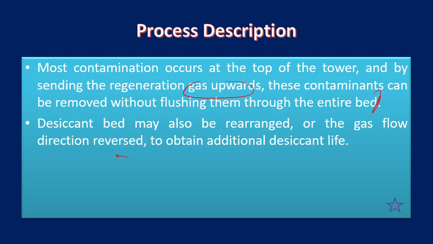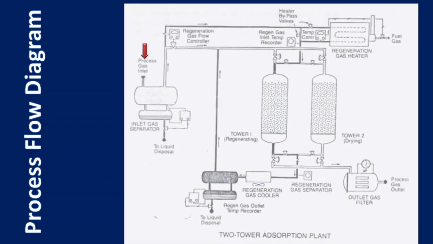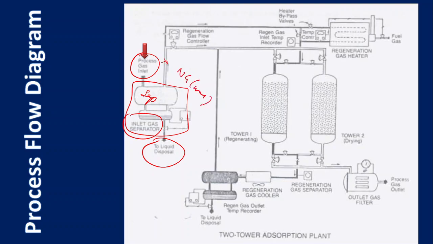So overall, we can say the simple flow sheet is there. We now go through the flow sheet. The first one is the natural gas inlet, and this is a separator where the liquids and solids are separated. This is the inlet gas separator. From this unit we can separate the liquids and solids available in the natural gas. Now this is only natural gas with water, obviously water vapor.